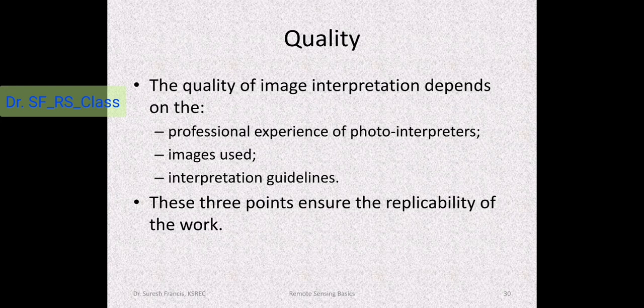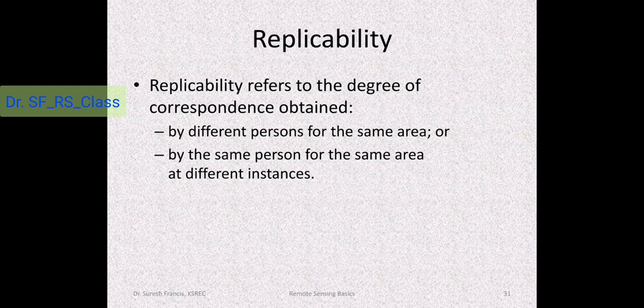So all these things will make the interpretation quality better, and similar land use classes, similar land use boundaries, and all these things will come up only if you have these three things in common, that is the professional experience, a quality image, and a better interpretation guideline, and that creates better replicability.